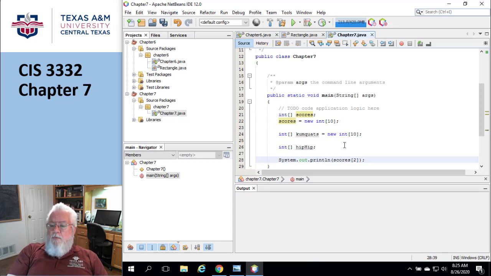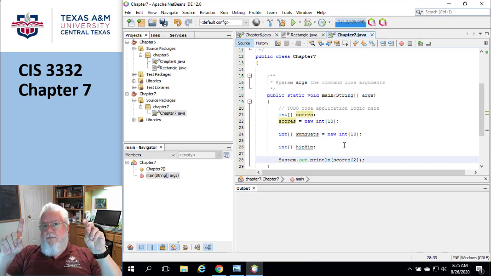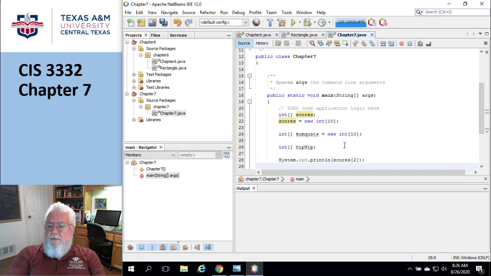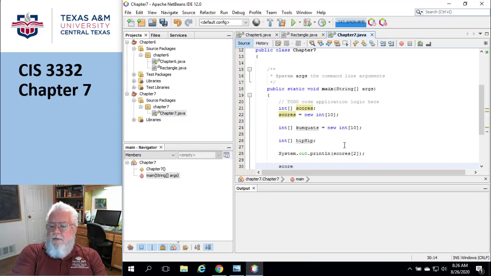Now, I told you that the array itself is a class. It's not a primitive type. But the individual elements in the array, well, those are primitive types in this case. So you can do anything you want, right? You can go in here and say